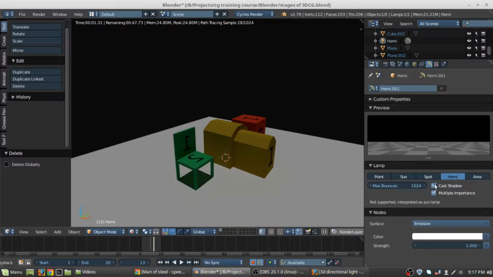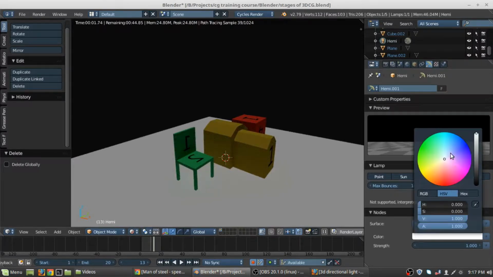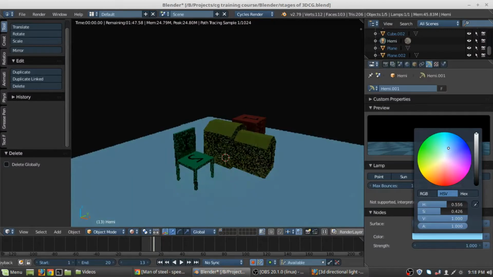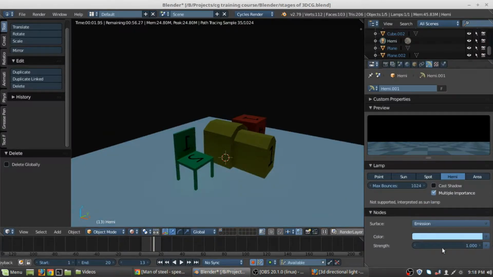But if you want to do that, you can do it by the same method. Just uncheck the cast shadow and make it somewhat bluish, desaturate it a bit, and a bit higher values,